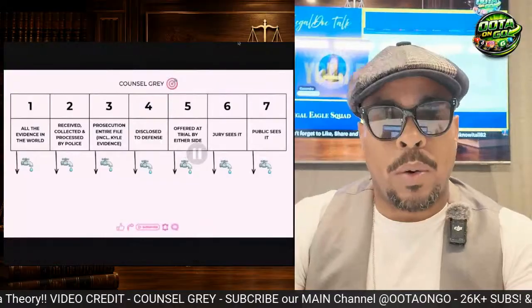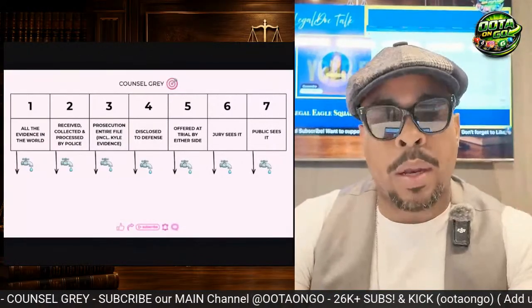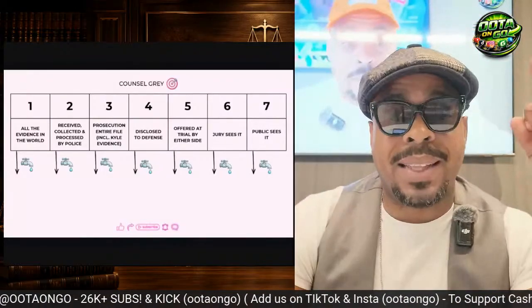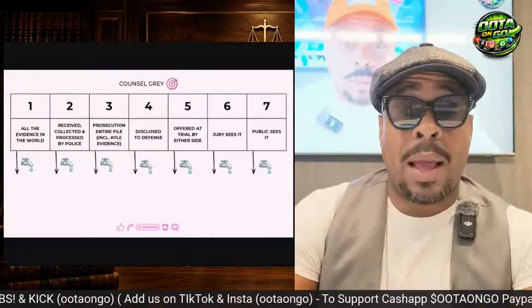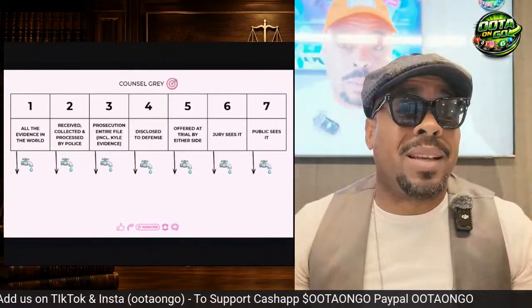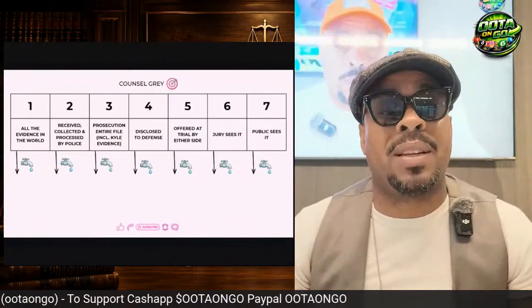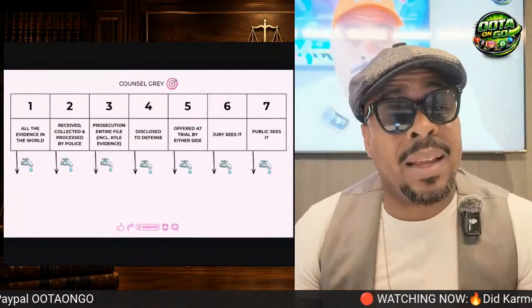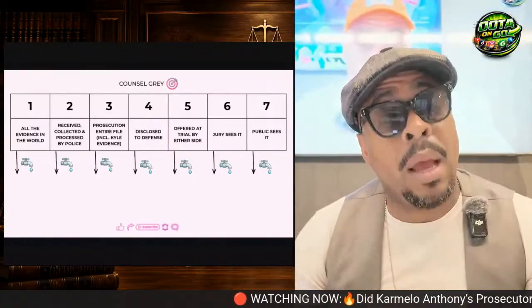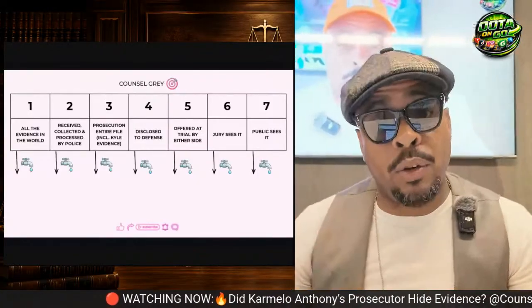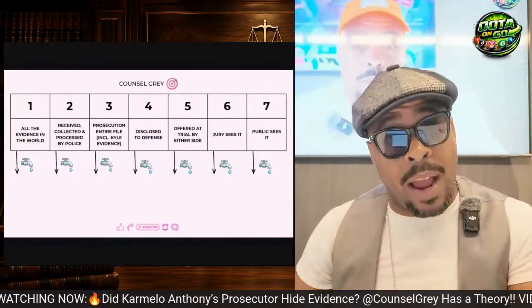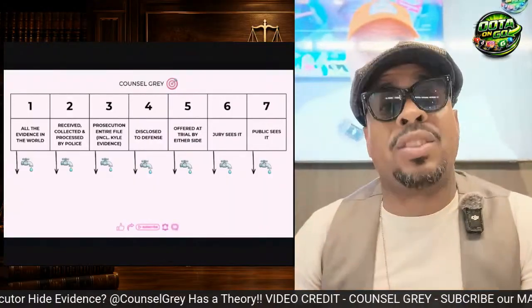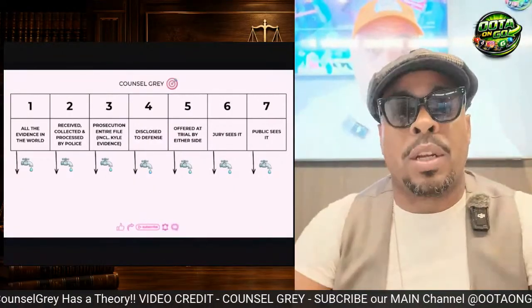Okay, so let's just break that down a little bit. Stage 1, all the evidence in the world. Did the police ever find anything? Were witnesses staying silent? Did the cameras not capture every angle? Or is there some evidence that simply never exists? So just because we don't know something doesn't automatically mean that someone hid it, but sometimes the evidence is never collected in the first place. That's a very big possibility. But these are Brady materials. The prosecution has the constitutional obligation to bring this forward, but also the defense is supposed to ask for certain things to make sure that everything is brought into the court, all right? So let's get back to that.